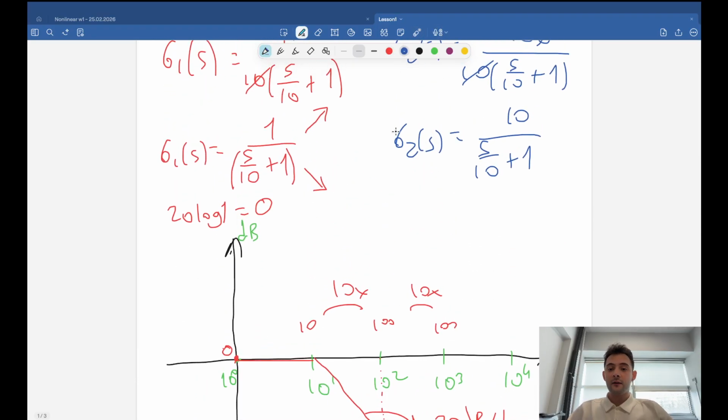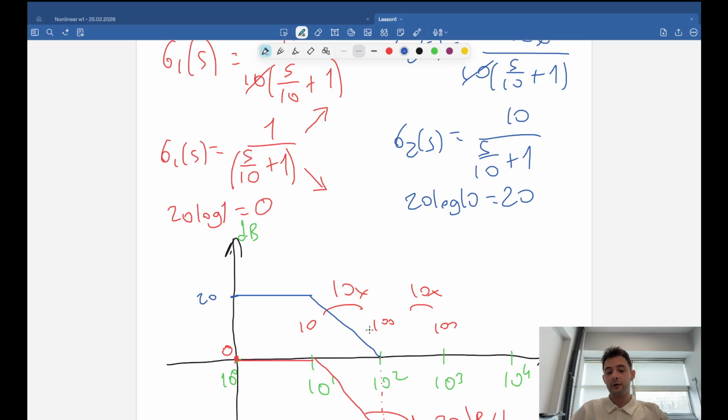Now we have our other example, the same transfer function but a different gain, a different value. So it's going to be 20 log 10, and log 10 is equal to 1. It's going to be 20, right? Let's do 20 here. So we will start from 20. We will go until 10, and after 10, we will go down